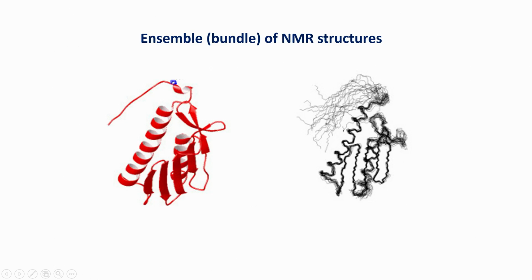So, typically this is how NMR structures are published and shown, and we normally take the average structure or we can take the first out of the 25. Remember, the 25 structures here are given some ranking from 1 to 25, and the first best structure can be shown as the representative model.